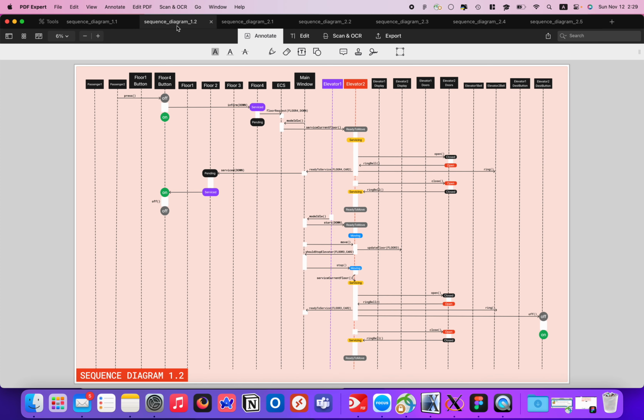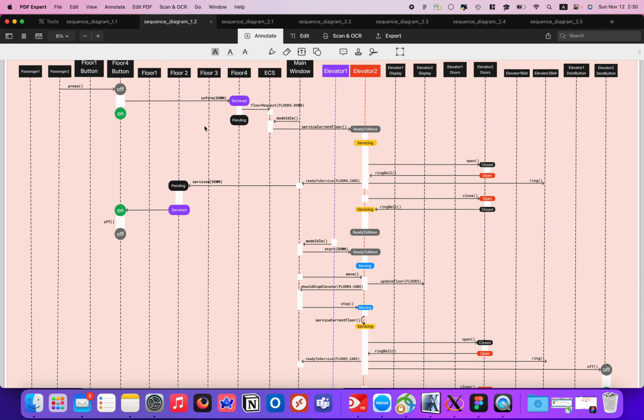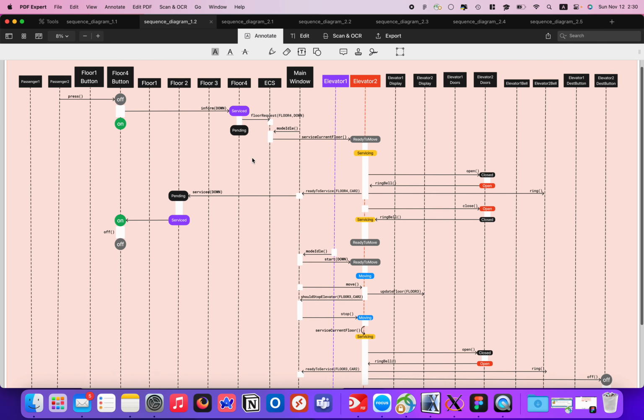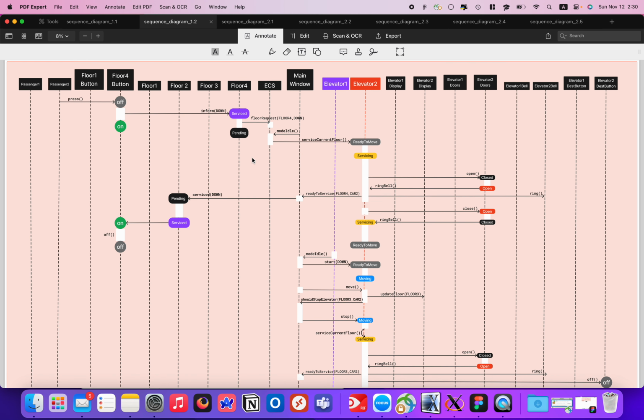Now, if I go to the second sequence diagram for the base use case, this one is a bit simpler. In this case, we have passengers standing on the 4th floor, and both of the elevators are also located on the 4th floor. And now the passenger is making a floor request to go down from the 4th floor. And again, through some interactions between the main window, the elevator control system, as well as the elevator objects itself,